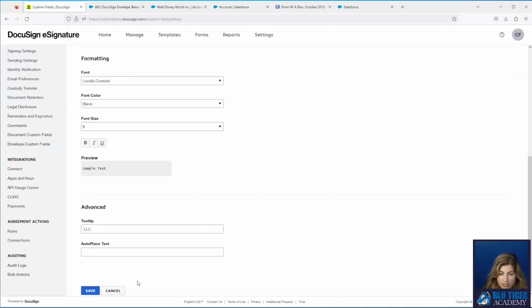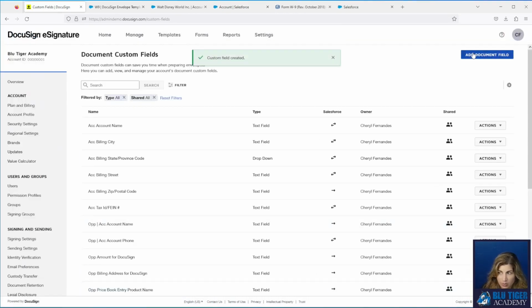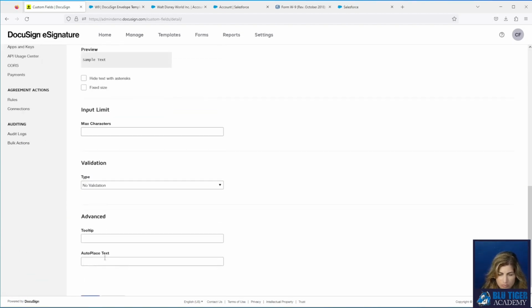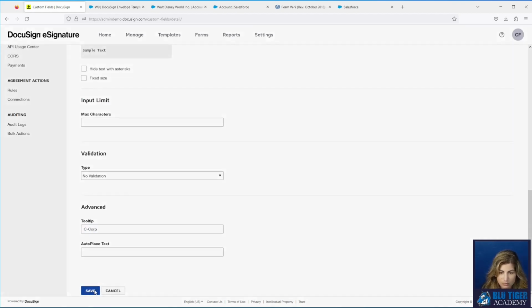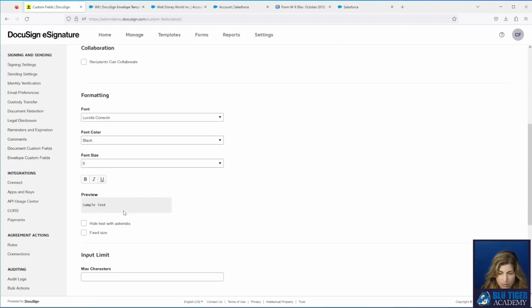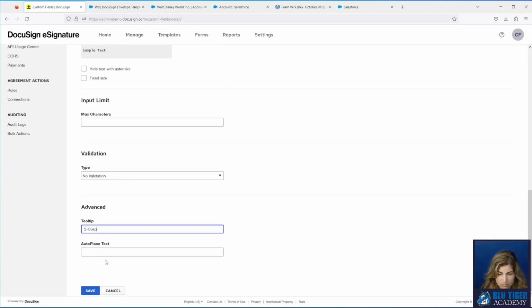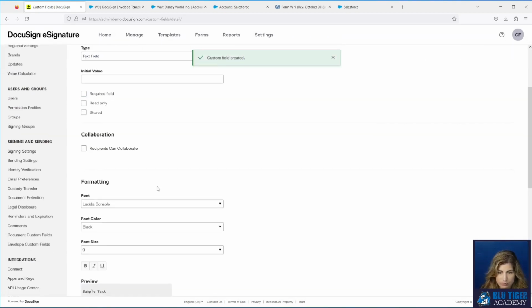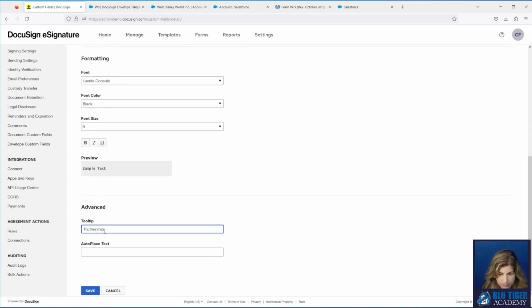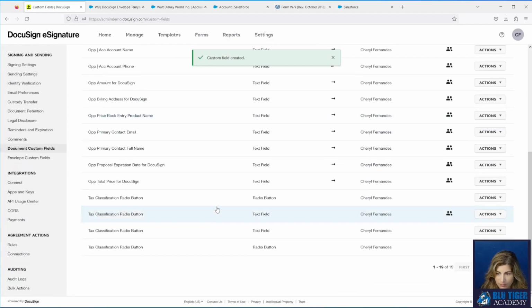So we'll do LLC, and then we'll add another one. And these have to be spelled exactly the same. Then our tooltip will be the next value, C Corp. And make sure these are all radio buttons.